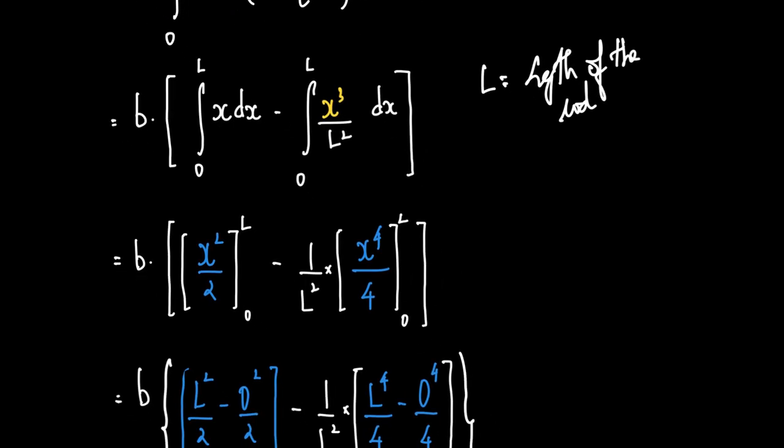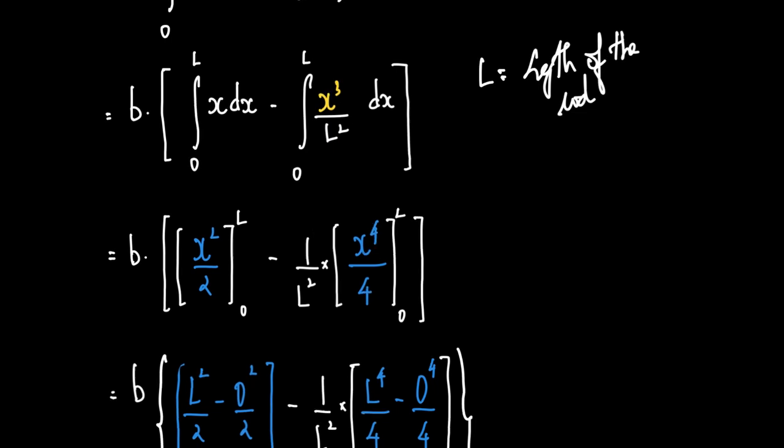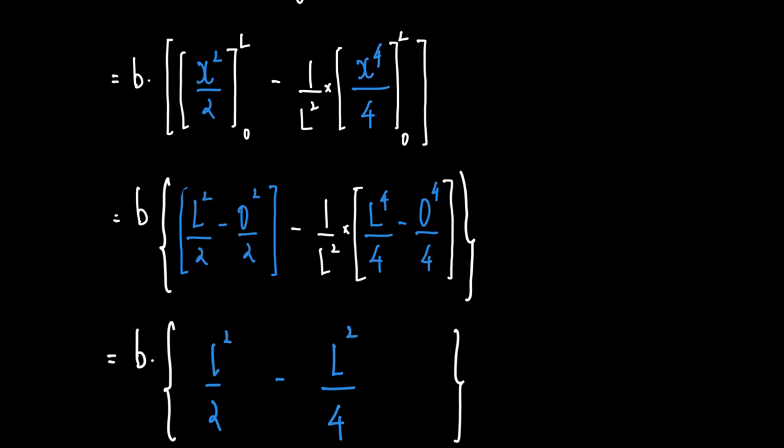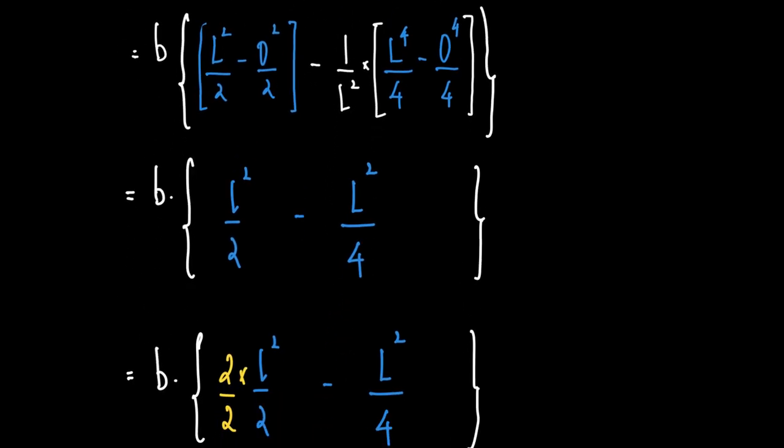So b into integral of x is x square by 2, varying from 0 to L. L is a constant, so we have 1 by L square outside the integrand. It becomes 1 by L square into integral of x cube is x to the power 4 by 4, varying from 0 to L. Then x square by 2, varying from 0 to L, becomes L square by 2 minus 0 square by 2. X to the power 4 becomes L to the power 4 minus 0 by 4, which gives us